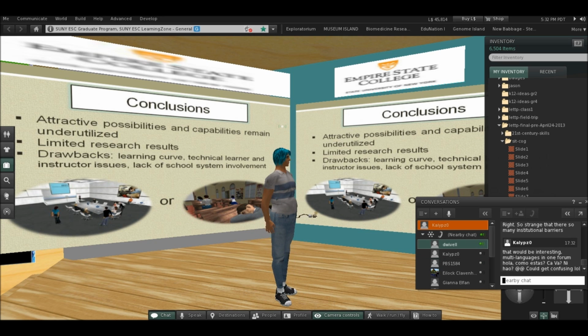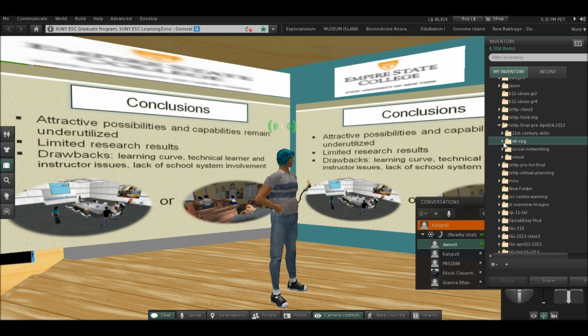So yeah, it'd be neat to have different languages involved in one, and I could totally imagine that happening, just as it would in the real world. If you bring people together, if you can get them all in the same room, which this gives you more of a chance to do, you can have the interactions, but you do have to have them there at the same time.